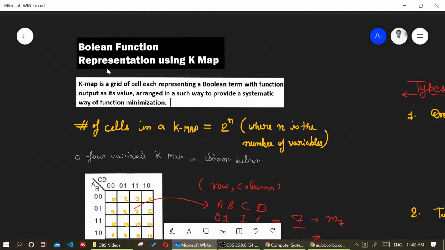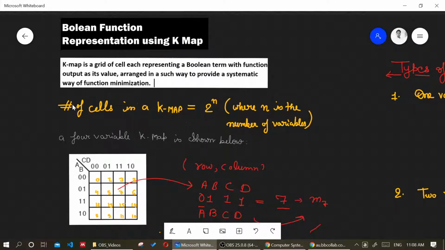Boolean function representation using a K-map is nothing but a kind of 2D version of the truth table. That means we rearrange the truth table in a way that helps in function minimization. The total number of cells in the K-map will be 2 raised to the power n, where n is the